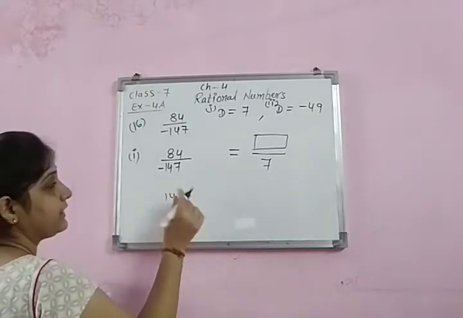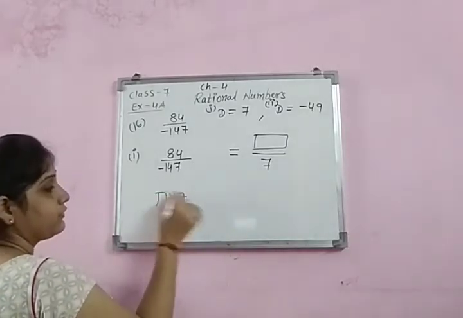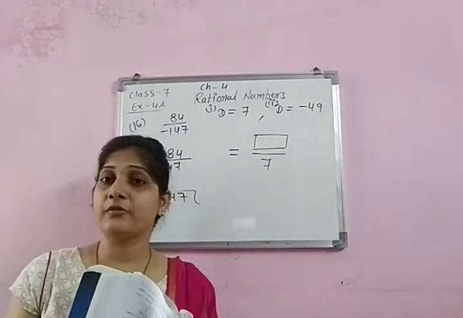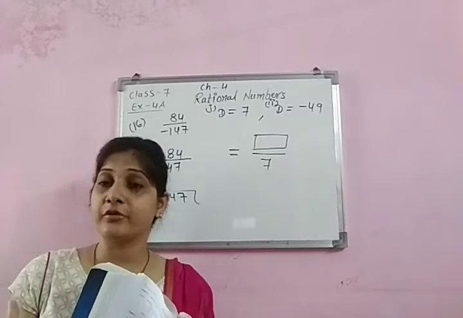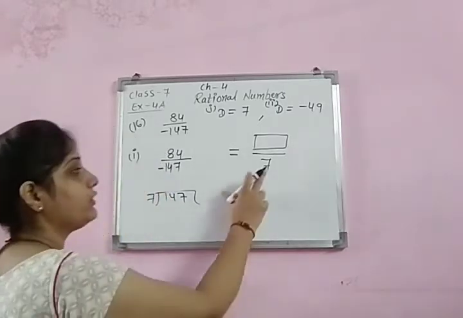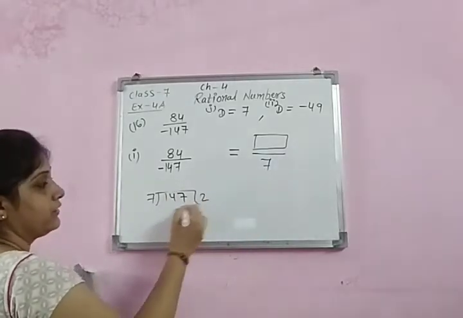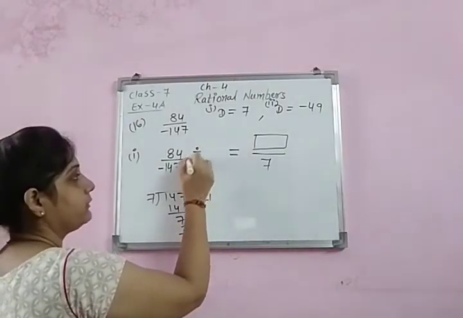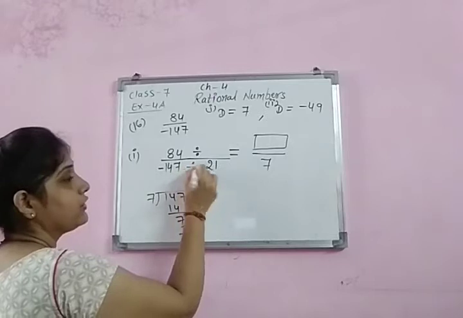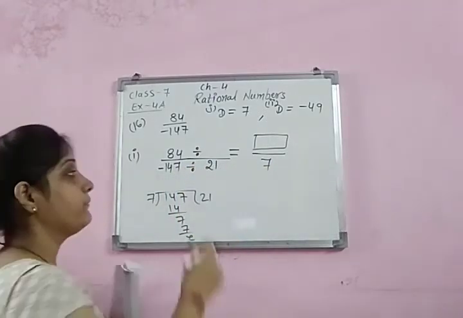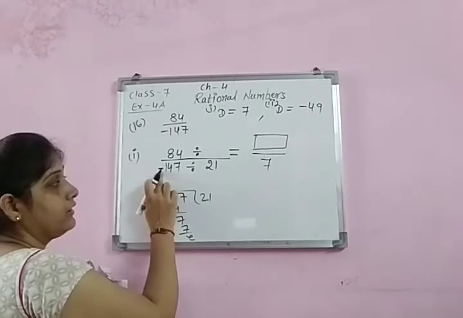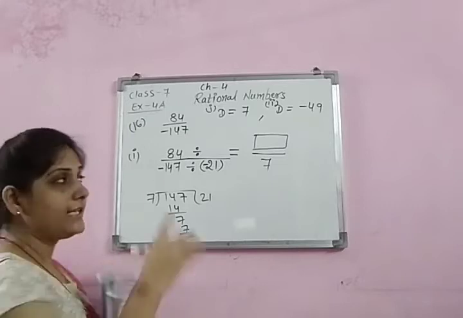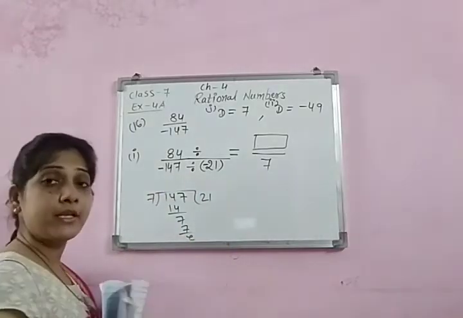So what I am saying here is that you try this number and this number, because sometimes it happens that when bigger numbers are given, we are not able to find out quickly by which number we have to divide. Okay. So in that case you divide these two numbers. So it will give me 21. So it's confirmed that I have to divide by 21, so that I get 7. 7 21s are 147. Now, but I want positive 7. It is negative. So I have to divide it by minus 21, so that minus minus will cancel out and give me the positive answer.